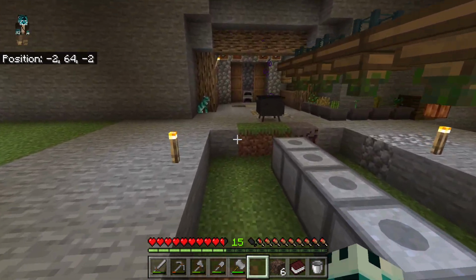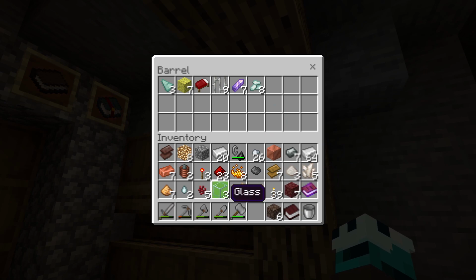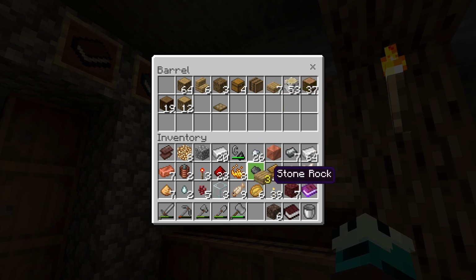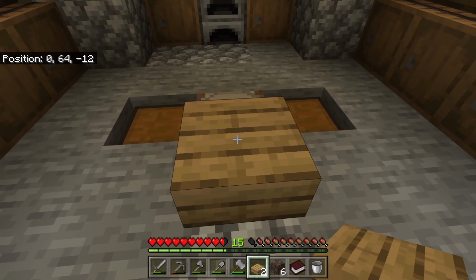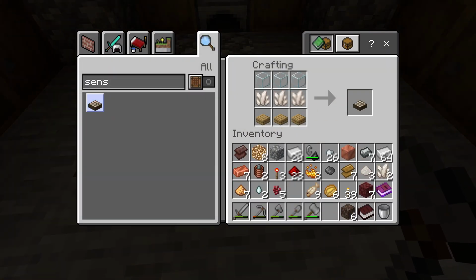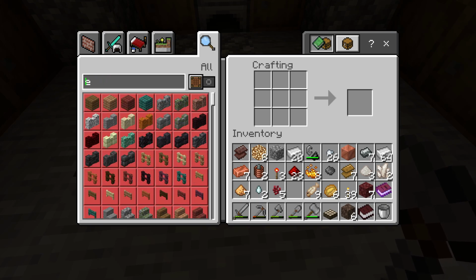Now, I'm sure I have some glass already, but have I got enough? I need 3 pieces. Oh, look at that. 3 pieces. And then I do need a couple of slabs. Should I say 3? Right. That's not what I wanted to do. So, 1 daylight sensor. Fantastic. And then we needed...